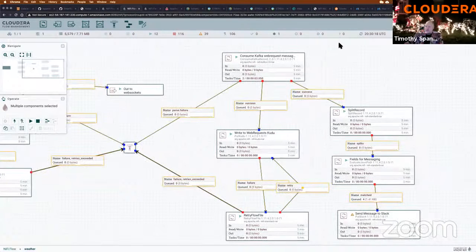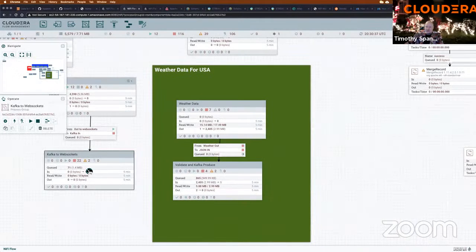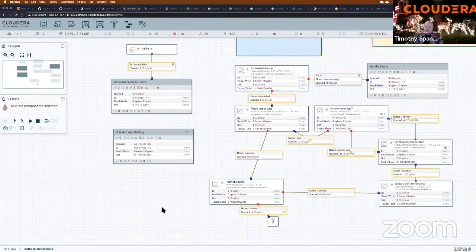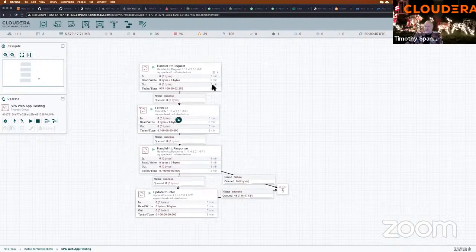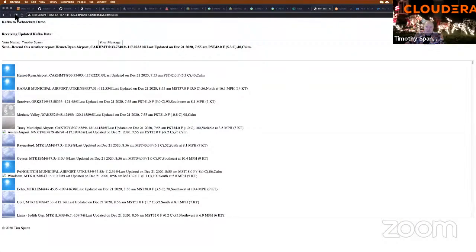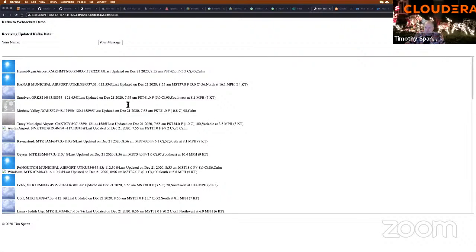Over here, I'm doing something similar, also storing this, but this is web requests, and I'll show you what that's coming from. It says here out to WebSockets. We have a little web application here. Two applications, actually. I have NiFi hosting a web page, and that web page is over here. I'll just reload it, and this is getting data from Kafka